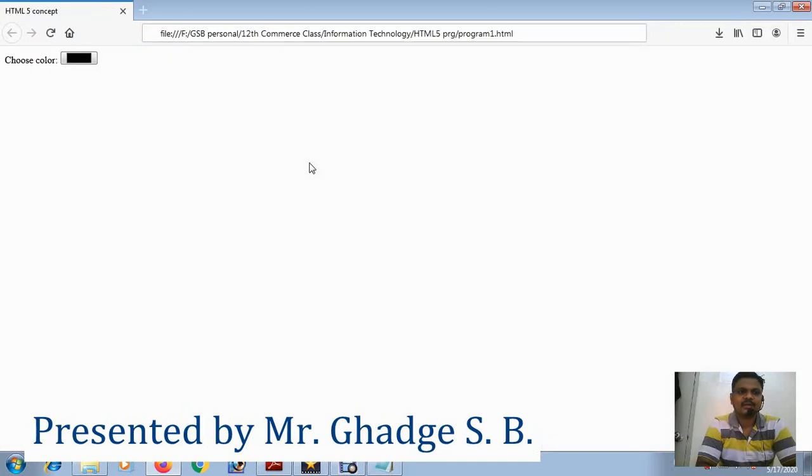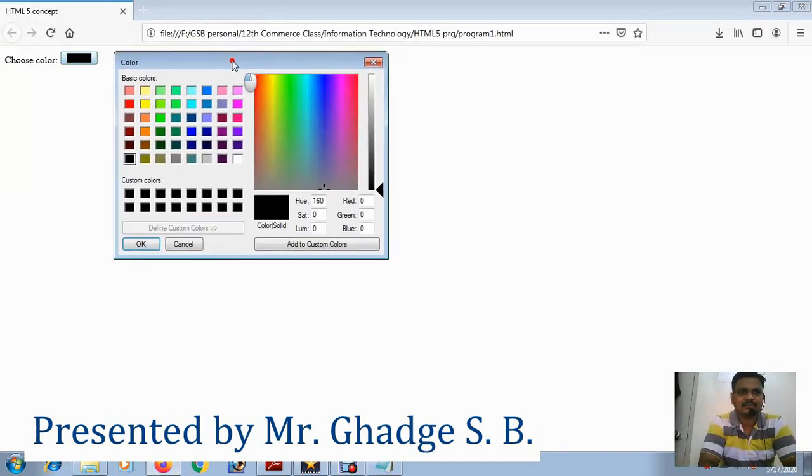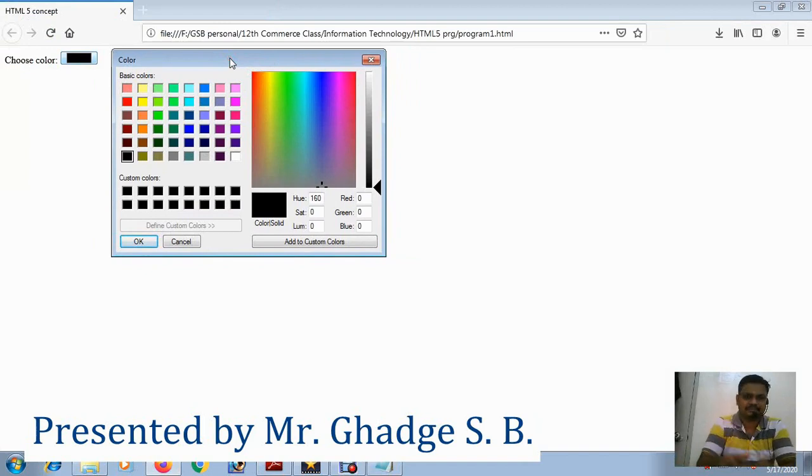See how it looks. Choose color, and this is the default color in that color picker. This is black, okay. It shows a color picker to the user, okay. So this is a benefit, okay. You can choose any color,